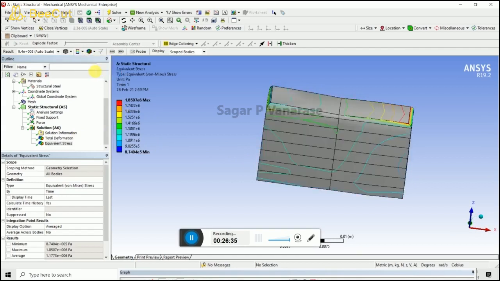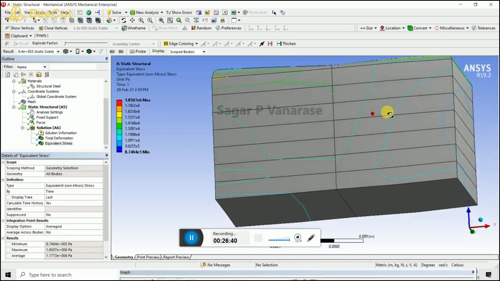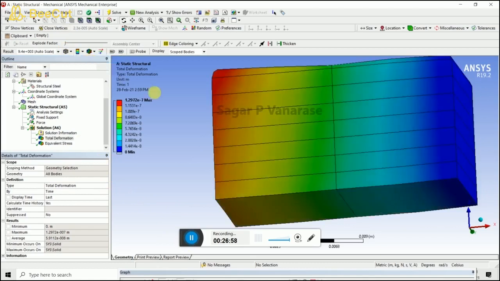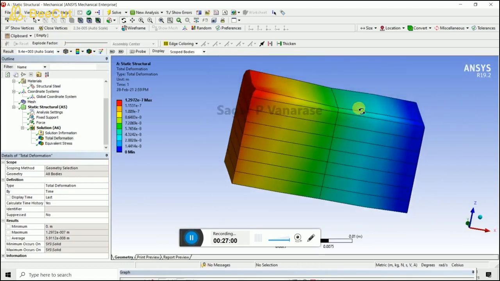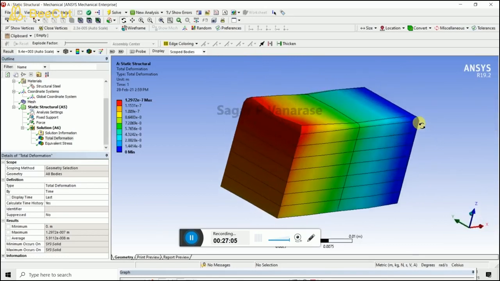In the solution we can see the total deformation results by clicking on total deformation, and by clicking on equivalent stress we can see the equivalent stress with different color coding. We can also change it, if we don't want to analyze the iso, to iso lines. By lines we can predict the color, and by color we can predict the different total deformation and stresses occurring at different areas of an object. This is the very advantageous point I see through ANSYS.